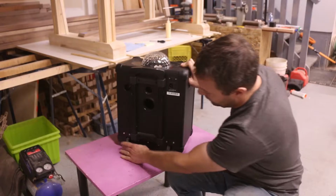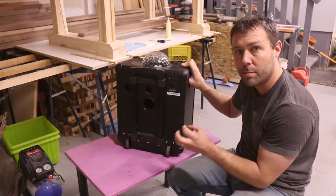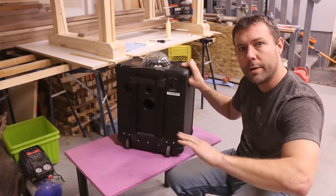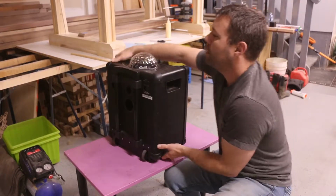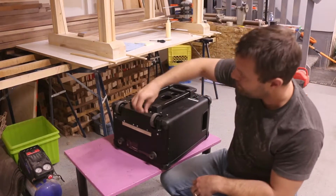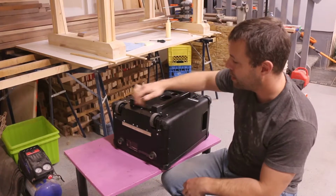On the bottom here we've got two rollers, and the ones that come with these are just plastic pieces of junk. Bouncing around on the concrete and cement and bumps, they just fall apart within weeks of buying them. So what I did is I swapped it out and I put a metal bracket here with rollers. It's like one solid piece. Cut out the